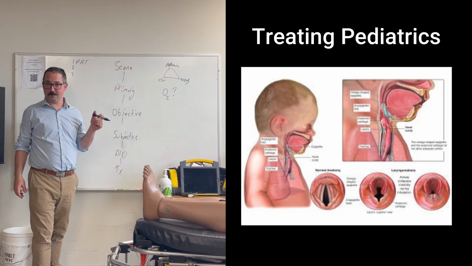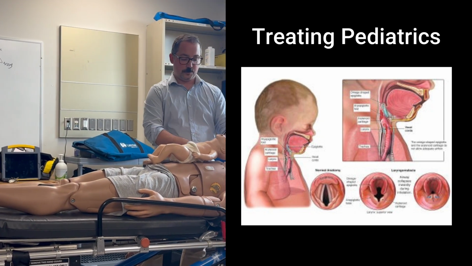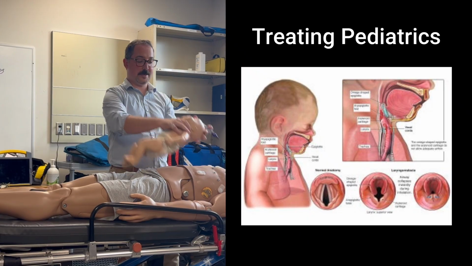Positioning a kid's airway, make sure that you put some padding underneath the shoulders. Kids have a really big occiput. Back of their head's really big, and it tends to put their